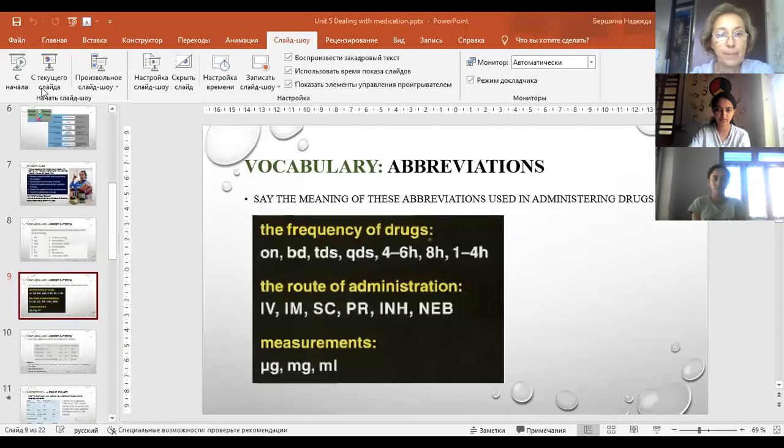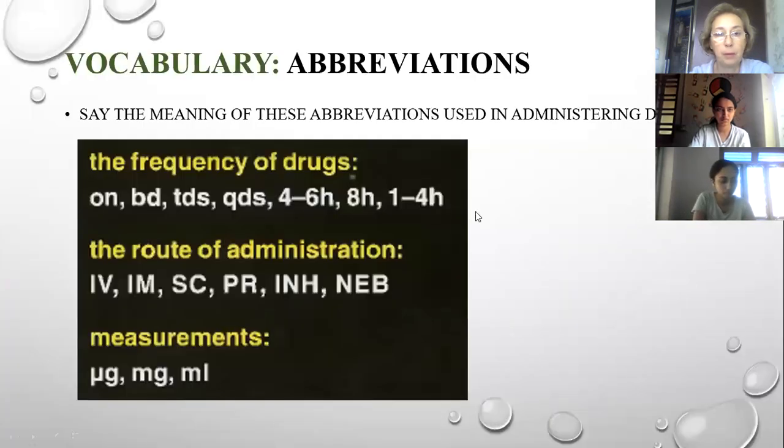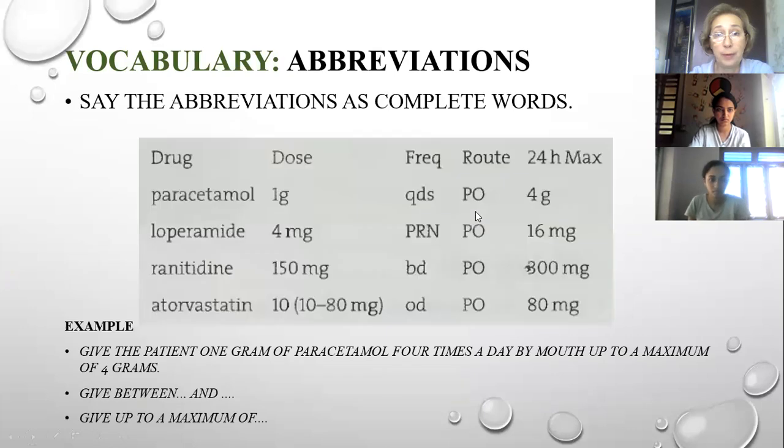And we go on with the slides. So we've discussed the abbreviations on this slide, and okay. Now, if we move to the next slide, we can see here more abbreviations, and so they are organized